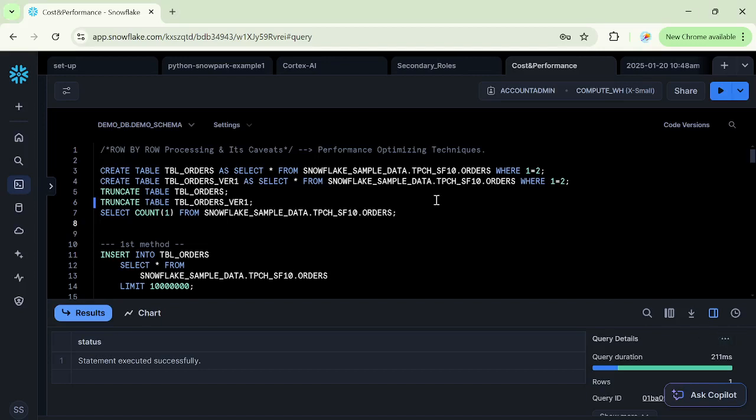Hello everyone. In this video, I am going to talk about one of the performance optimization techniques, which is based around row by row processing. So what we'll see in this video is what row by row processing is and how it is impacting performance, whether it is impacting it in a positive manner or in a negative manner. That will be clearly demonstrated as part of this video while I walk you through how it actually works within